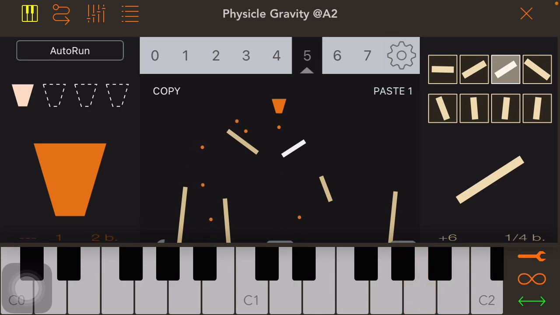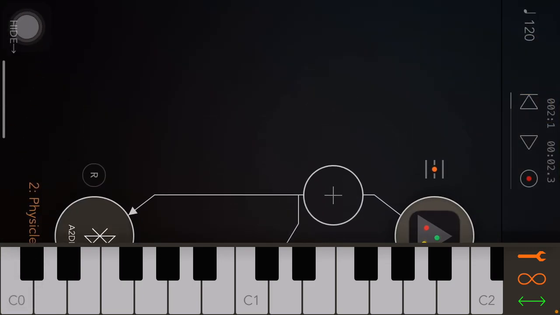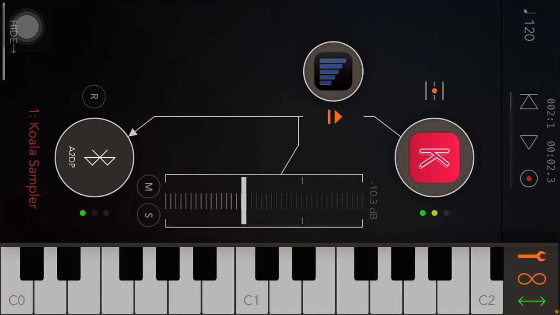Doesn't sound amazing, but you can sort of get the sense, if you had 2 that sounded really good, maybe just change the instruments on 1 or 2. That probably would be pretty useful. So I think that is a pretty good demo, and hopefully it opens your eyes to what Physical can do. The only last thing I wanted to show was that you could use Physical to send MIDI information to other